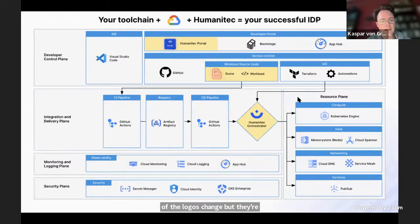We have the developer control plane, which is a little bit of a misnaming because it's the interaction of all stakeholders with the platform. You have the portal and front end layer, essentially the front end of a platform. You have the version control system, where you now have differentiation between workload source code and platform source code in IaC, where workload source code is really about the workload source code, and then an abstract description of the world, which here in this case is a workload specification